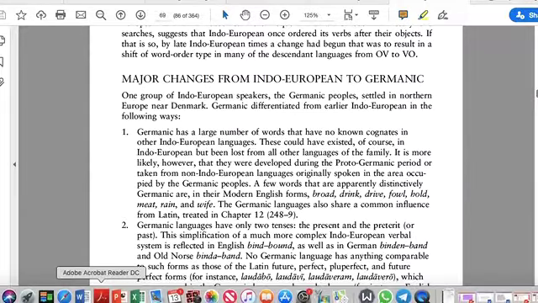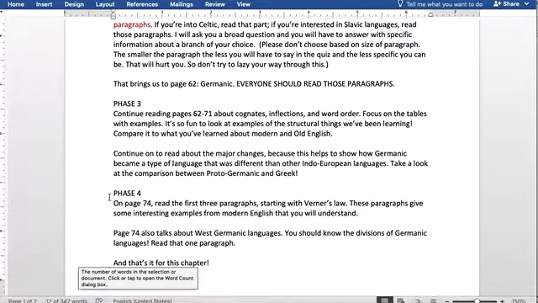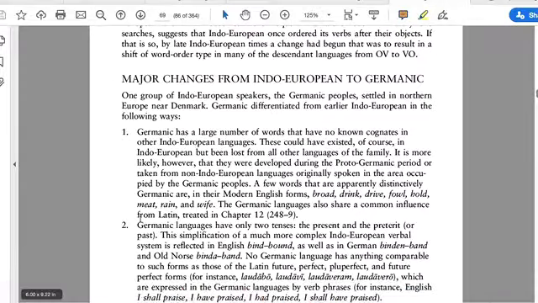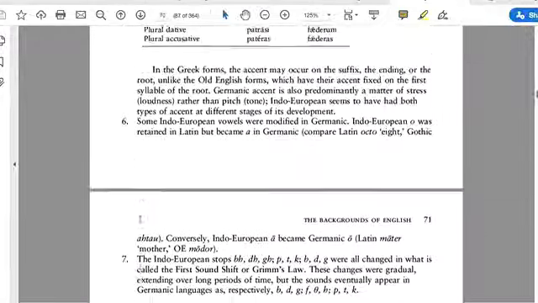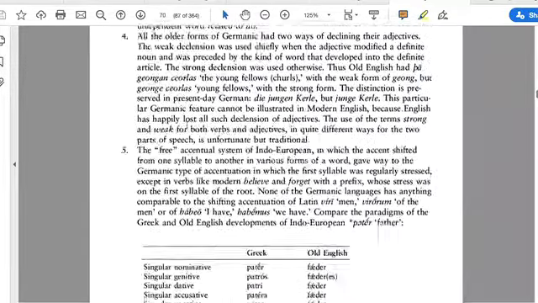All right, so this is exciting. This is the next phase, and it'll answer the question of, all right, so how did Germanic become so much its own thing? Well, start phase 4, read through page 74. And I want you to read through those paragraphs. Oh, so you've read this part. I think it's 6. Oh, no, it's 7. It's just 7 points to read through for that.